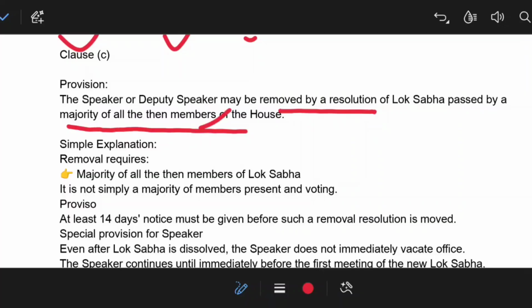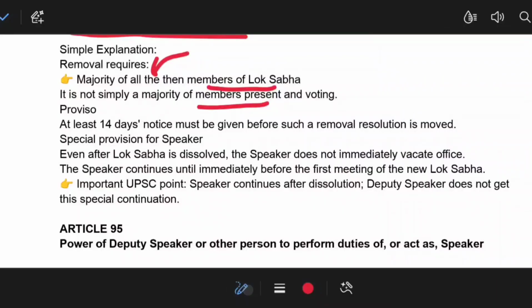Majority of all the then members of the house, that means maximum strength of the house, and the majority of that maximum strength should be present and should vote. Clear? So removal requires majority of all the then members of the Lok Sabha. It is not simply majority of members present and voting. And as you all know, 14 days notice must be given before you bring a resolution to remove the speaker